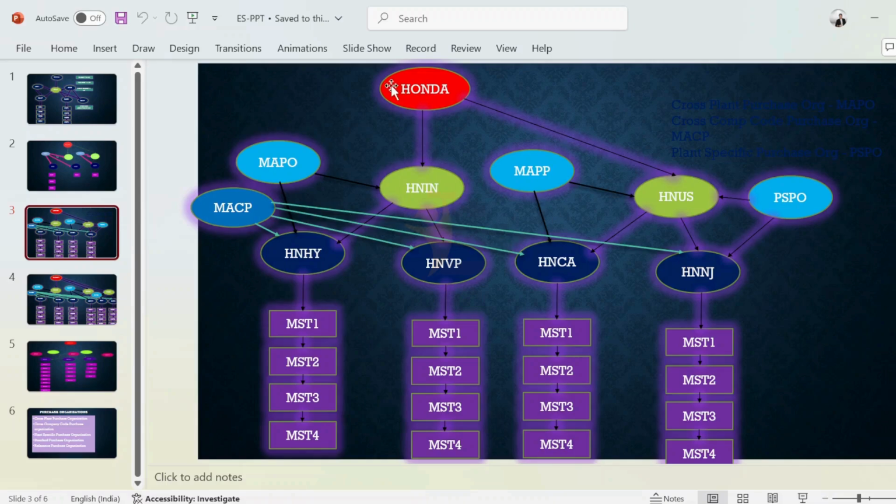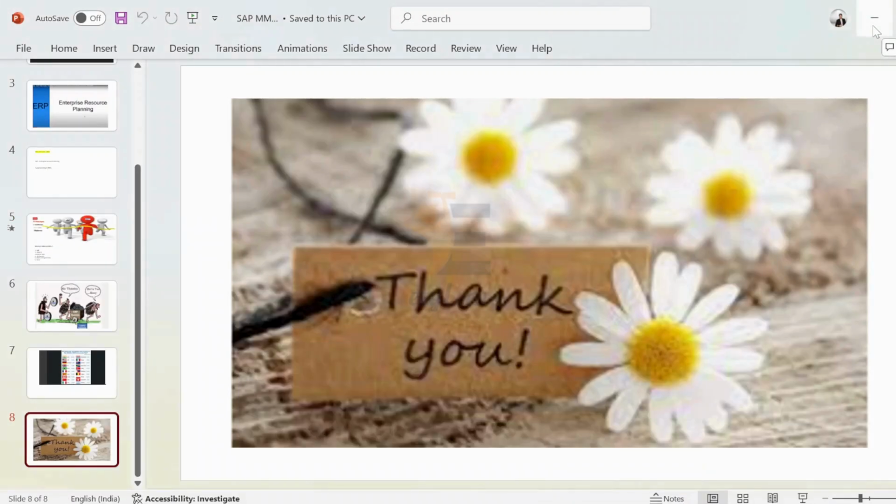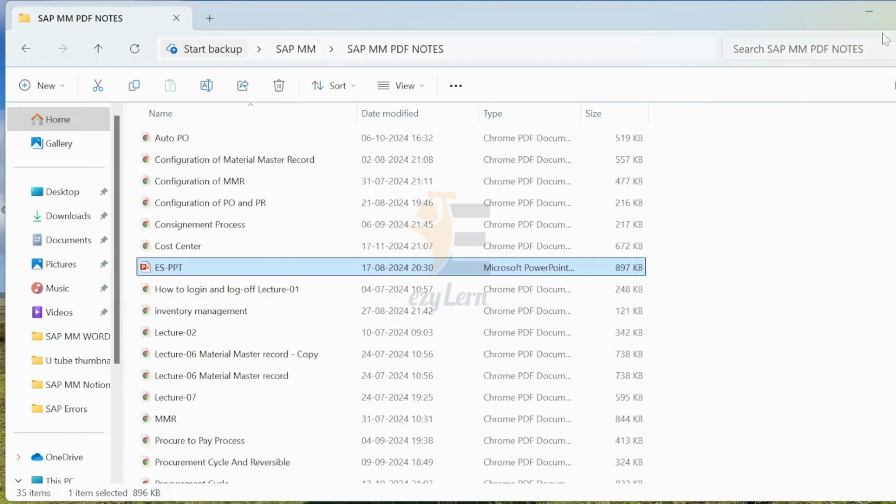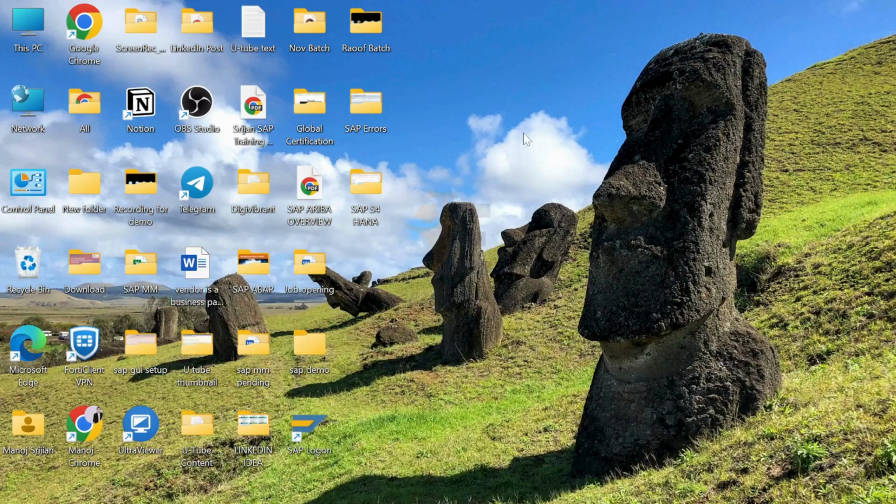The enterprise structure and organization structure are both the same, don't be confused. That's just a client, company code, then plant, storage location. I will explain that in brief. I'm just showing you how we are going to learn. Then we are going to start mapping that in the SAP environment, in SPRO. So that we are going to learn.